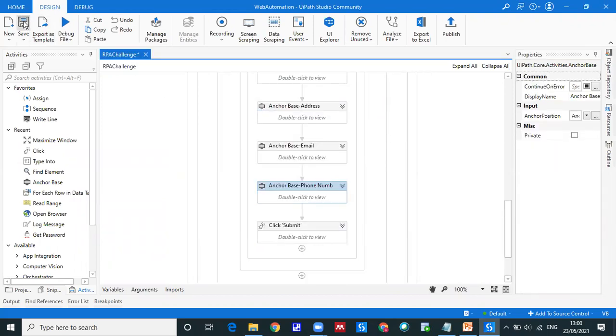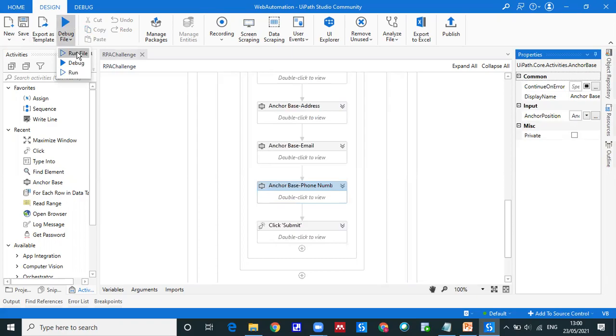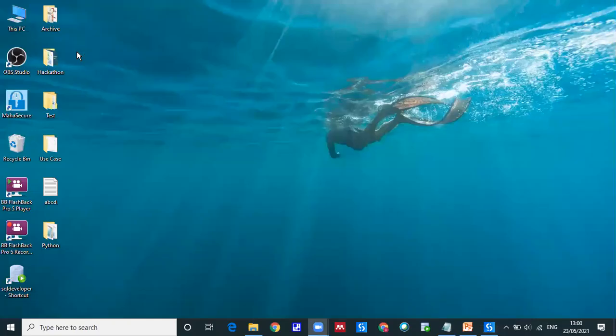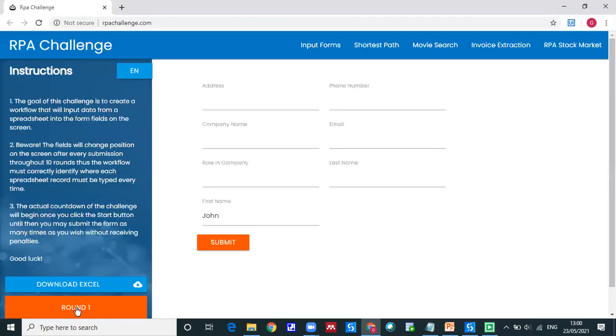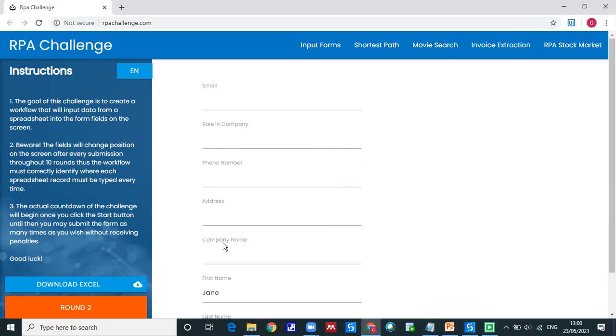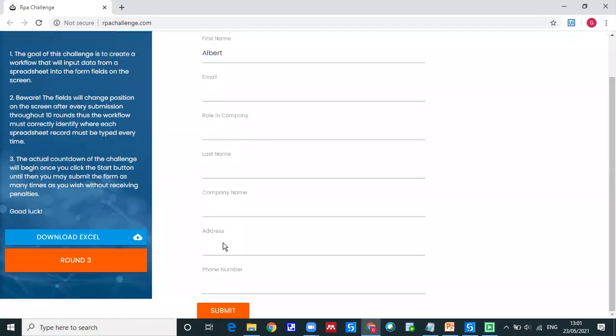Done. So save it and run this again. Now we'll see how much speed is improved here. It took 149 seconds for the earlier process. Can you see this? It's writing faster than earlier. Are you getting it?